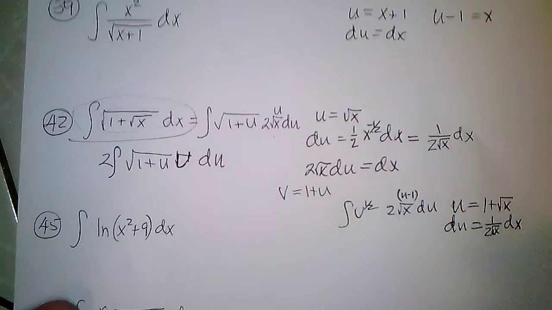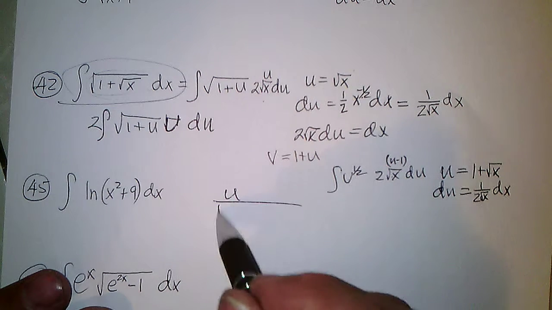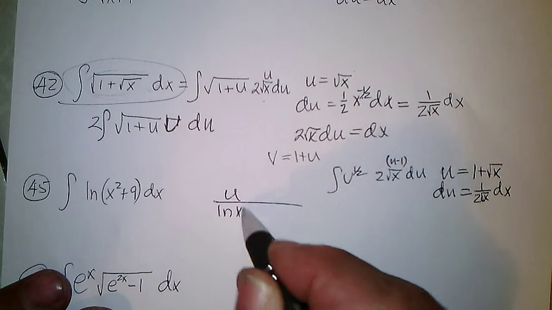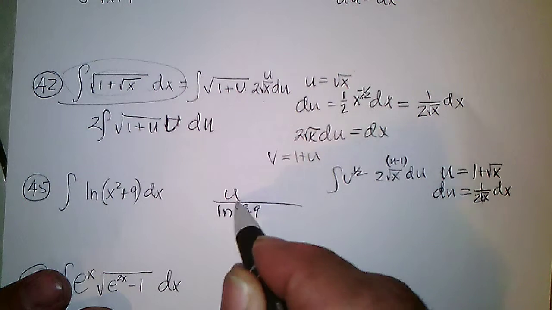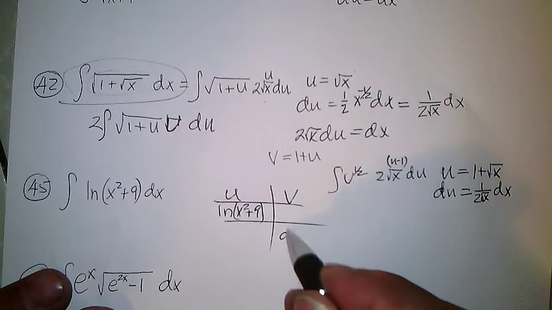So I'd let u be ln of x squared plus 9, and v be the dx,